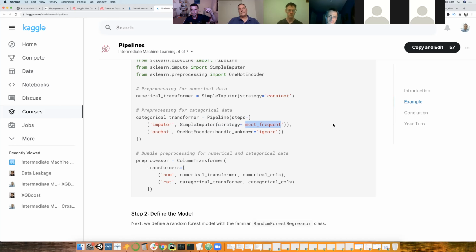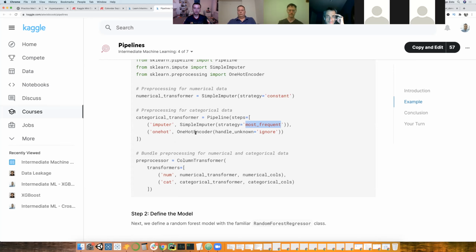The NA value would be Paris, simply because it's the most frequent value over the entire column. Then once we do that, we'll transform our values from a string to a number, and it could be either, sorry, not a label encoder because that's for the target. It could be an ordinal encoder or a one-hot encoder.